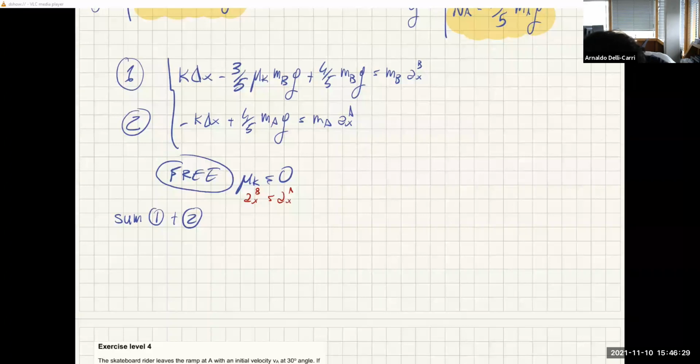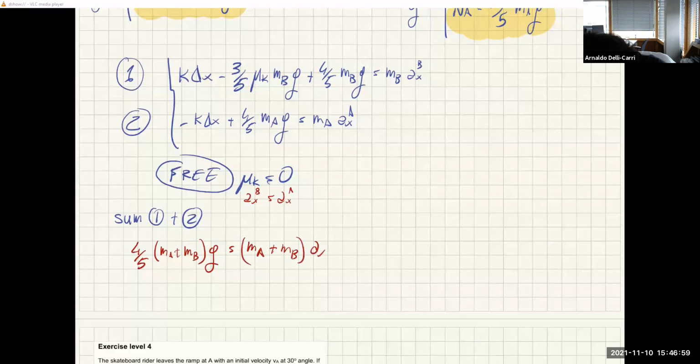4/5 of ma plus mb g equals ma plus mb times the acceleration. Let's take the acceleration of b because they are the same. And so as you can see, these two go away and you can find the acceleration and the stretch of the spring, of course,